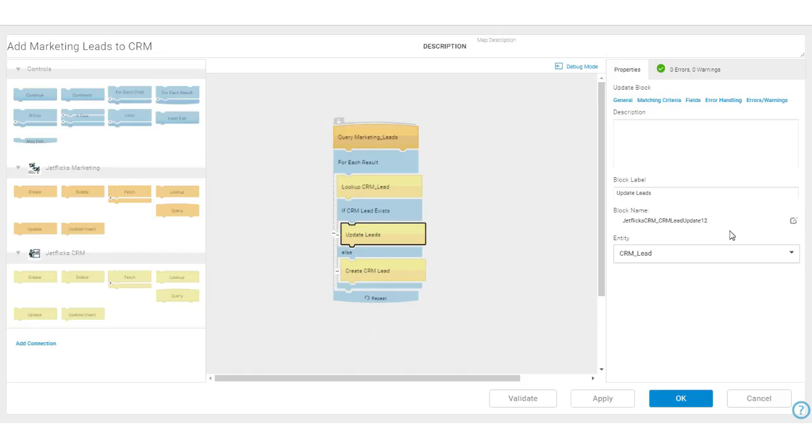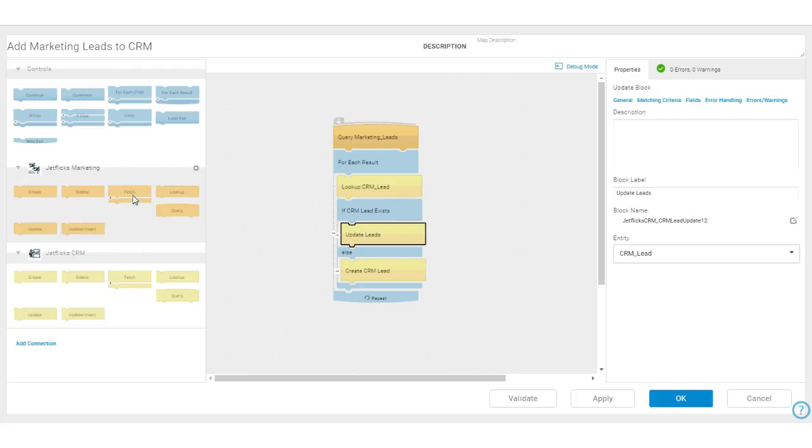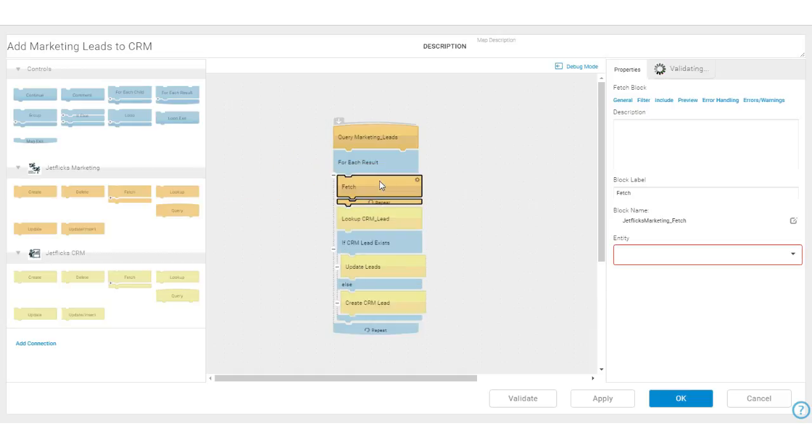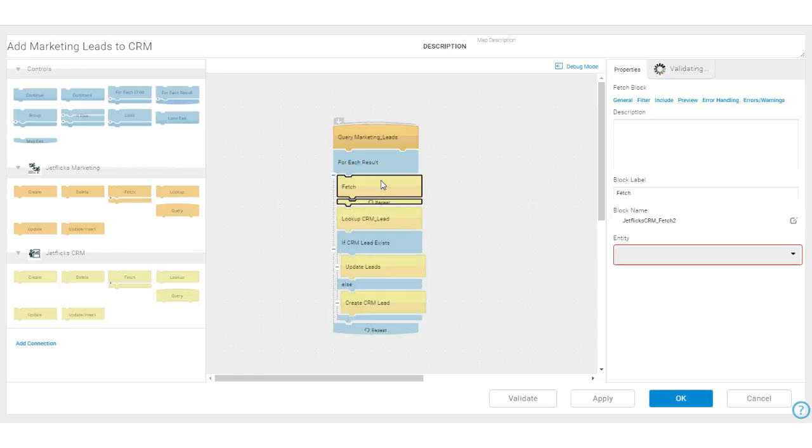What else? Oh, there's the ability to reassign connections. So if I wanted to change this to a different connection, I can do that from the gear menu on the left. And we've also added preview to fetch blocks. So if I add a fetch block here and I choose an entity, I'm actually going to use the other fetch block instead. This has better entities. So if I use the other fetch block and I say, let's say I choose contacts,